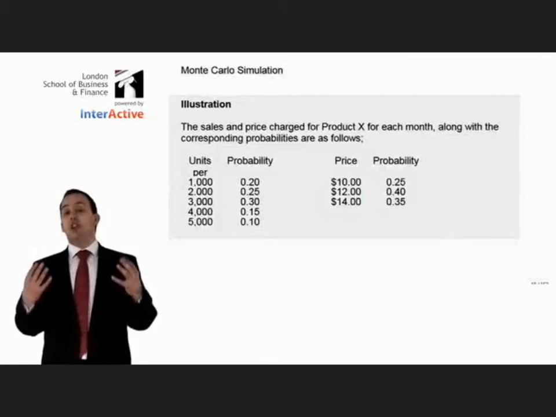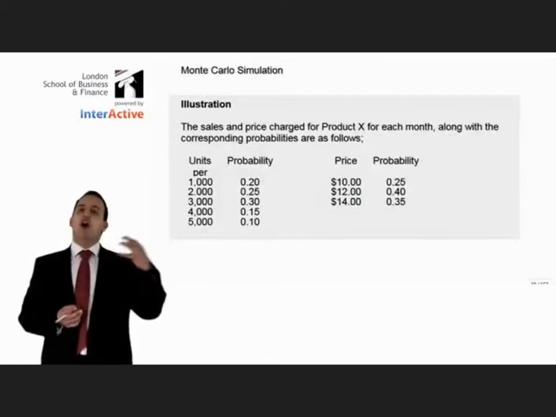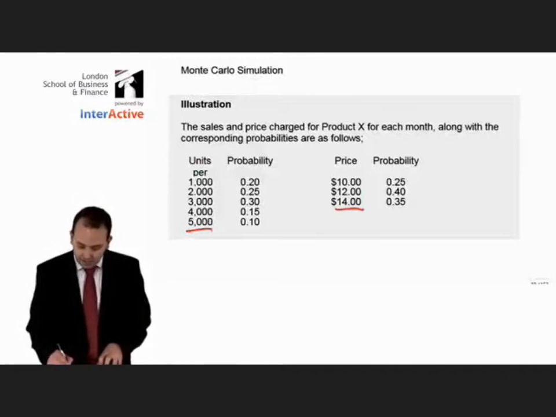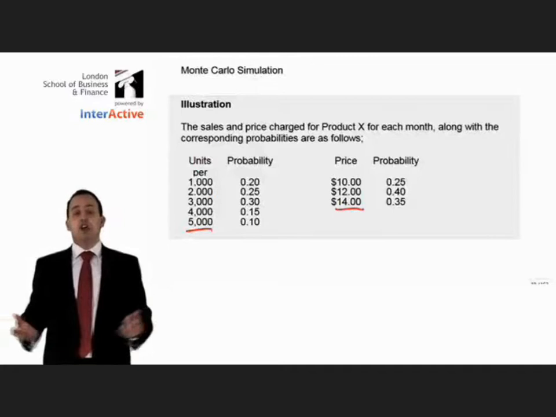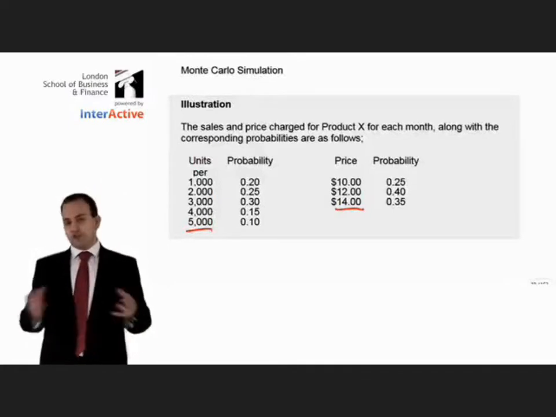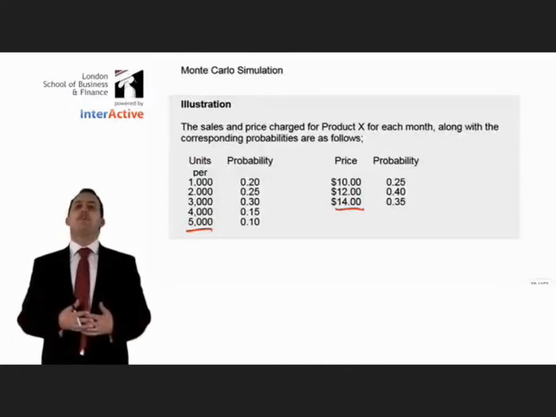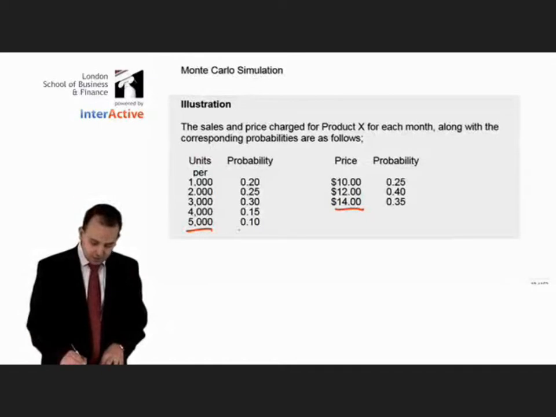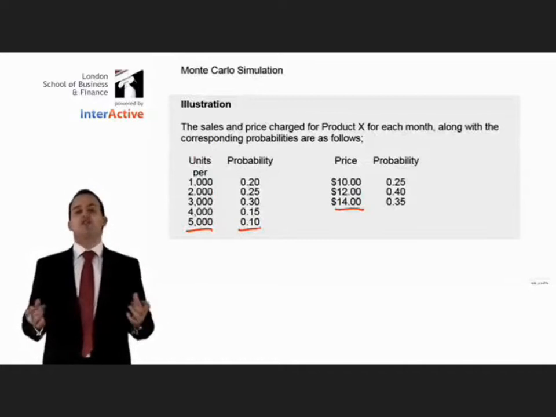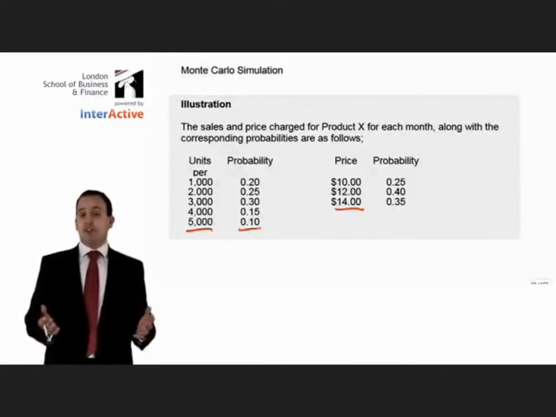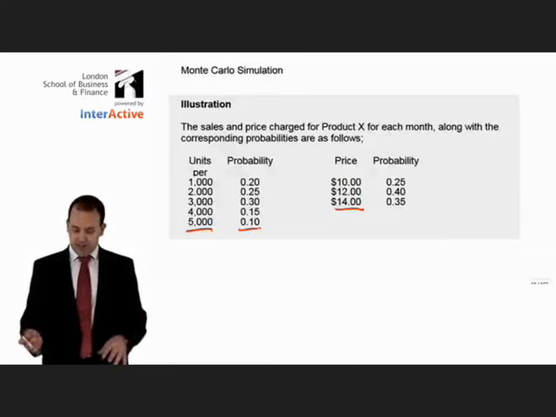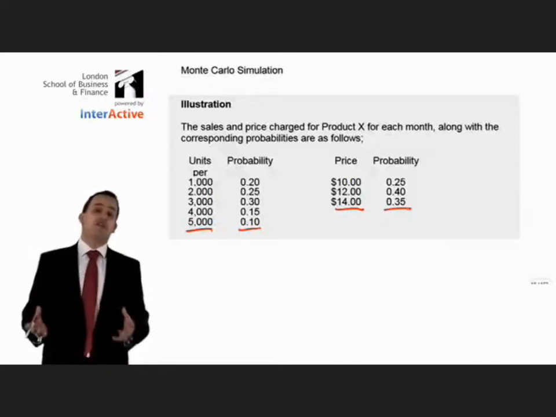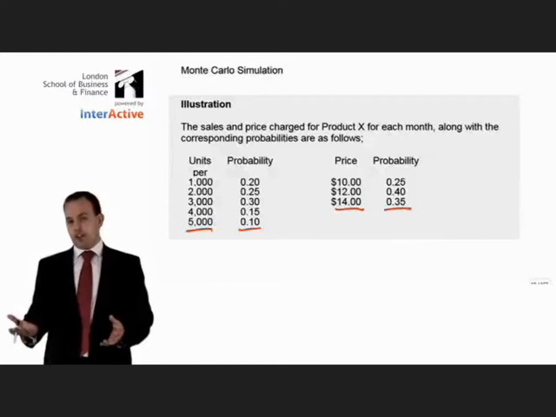And what is the likelihood of actually getting the highest number of sales, 5,000 units, at the same time as the highest price? Because that is obviously going to generate the highest revenue for your company and will therefore give you the best results. The problem with this, the probability of getting the 5,000 units is actually the lowest probability of all 5 choices, which is 10%. And the probability of getting the highest price is 35%,